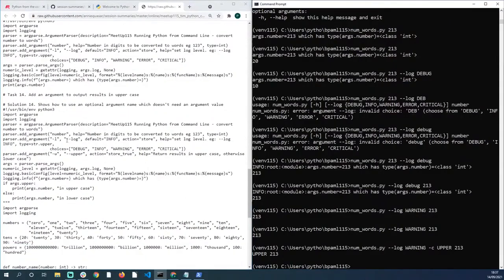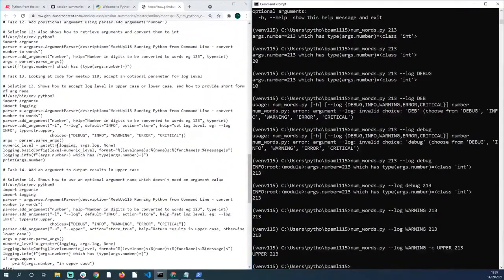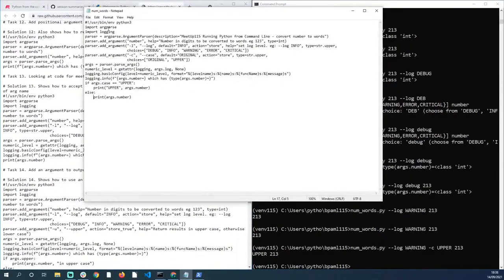So we're almost at the end. What are we up to? 14. One more task to go. Oh yeah, so we did the upper and lower case one, so I'll show you the solution that I came up with, which was just the same way as we've done the log level case. I created an optional argument with name --case, and it can take either original or upper,